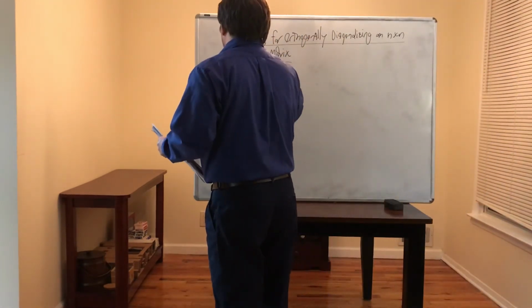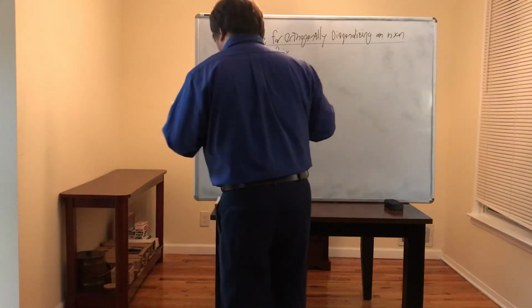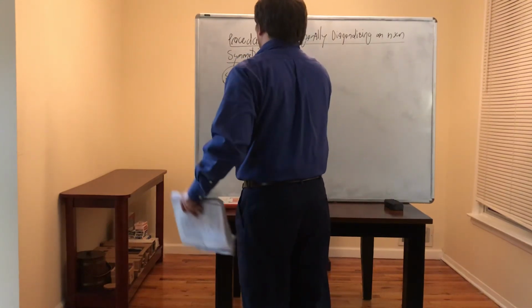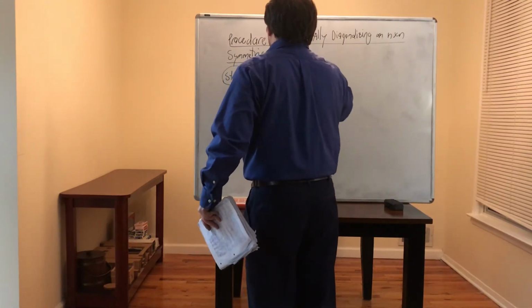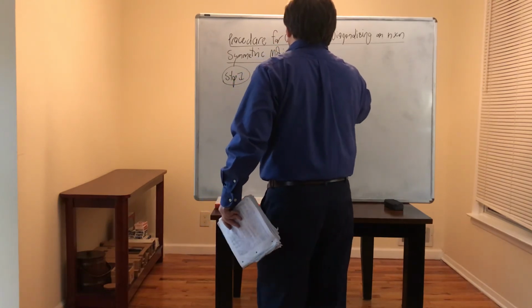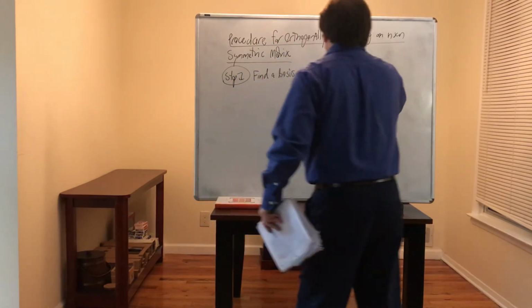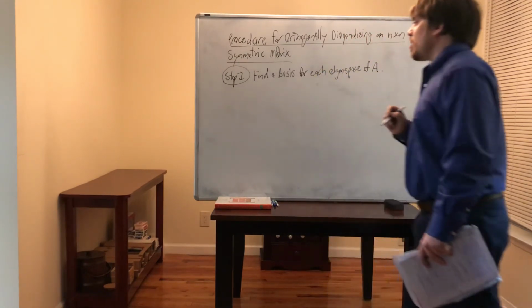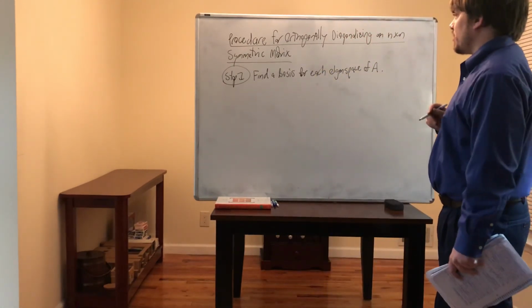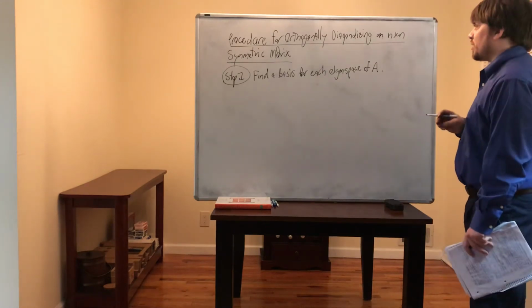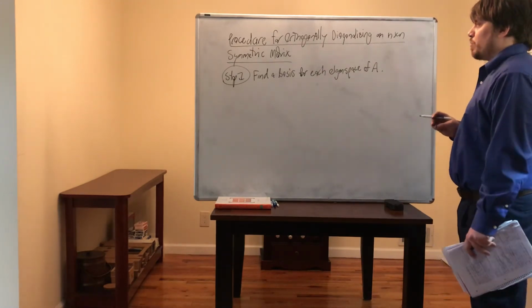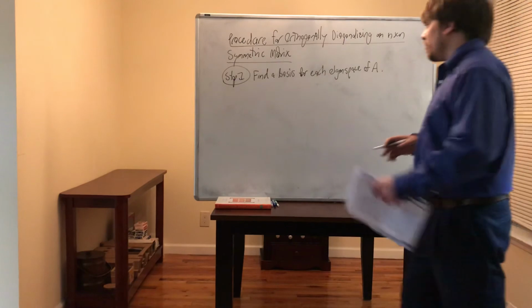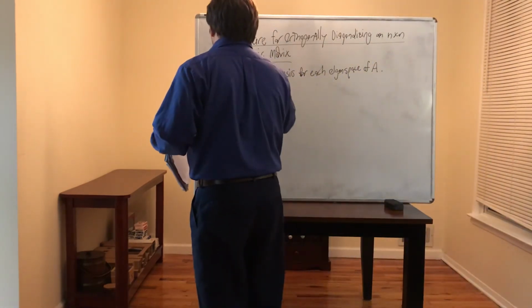Step 1: find a basis for each eigenspace of A. This is the procedure for orthogonally diagonalizing an n by n symmetric matrix. Step 1, find a basis for each eigenspace of A. Step 2,